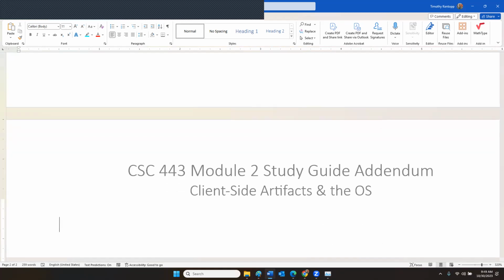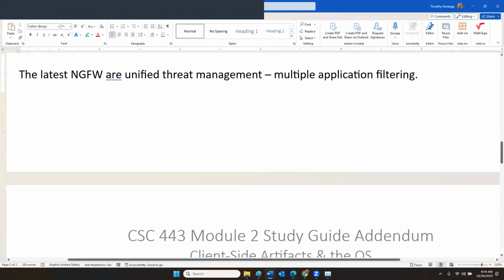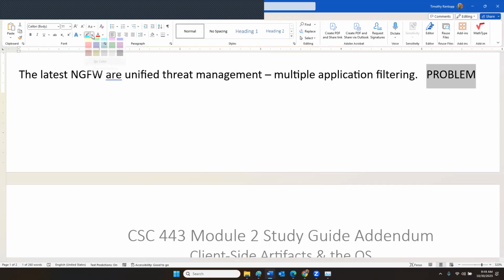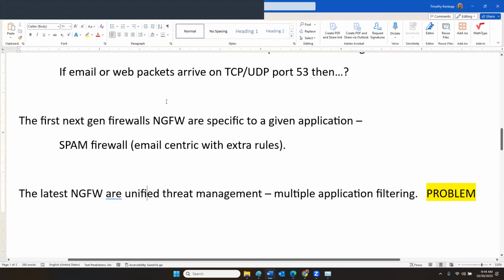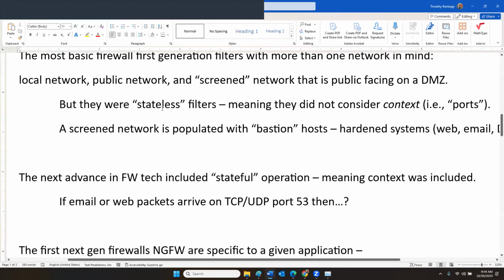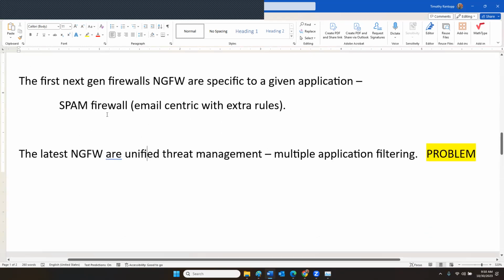And this is huge. I'm going to say problem in red. What happens if you start to put multiple security functions on one device? What does an attacker have to do to work around you? How many systems do they have to take down? Do they have to take down your router and a stateful firewall and then a spam filter? Or if you're running a single UTM,